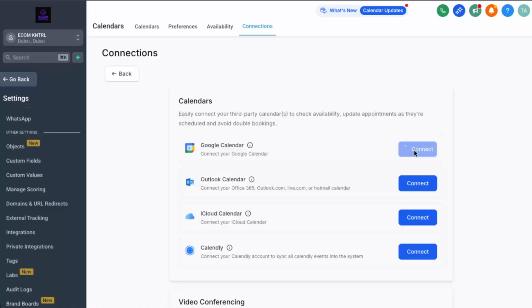Once you've confirmed everything, the pop-up will close and your Google Calendar will now show as connected in GoHighLevel. That's it. Your Google Calendar is successfully integrated and ready to use in